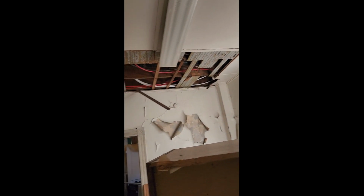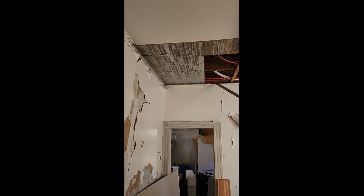As you can see, the ceiling looks like PEX piping exposed. Let's see if...